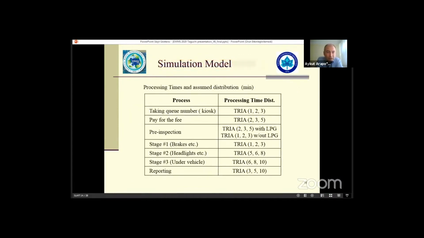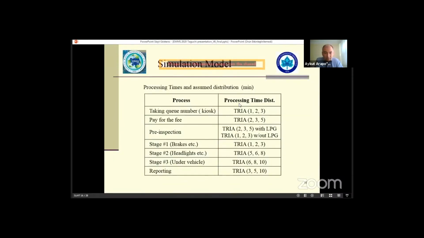In the simulation model, the main thing is the times for processes. Here on the left, you see the different processes, and these are called activities, and each activity has a processing time distribution given to them. We assume a triangular distribution, meaning that